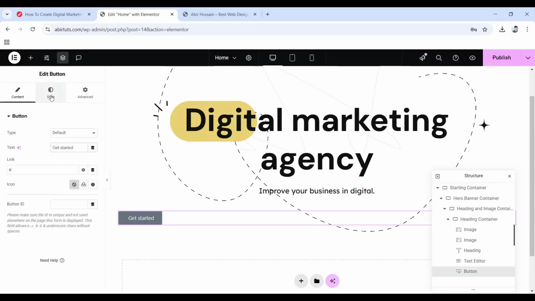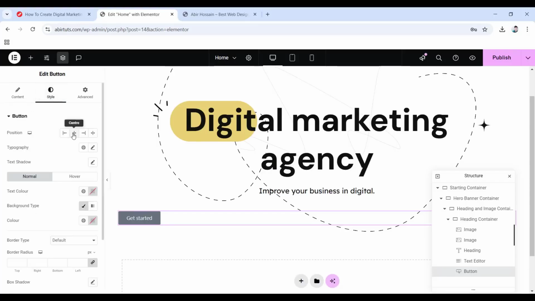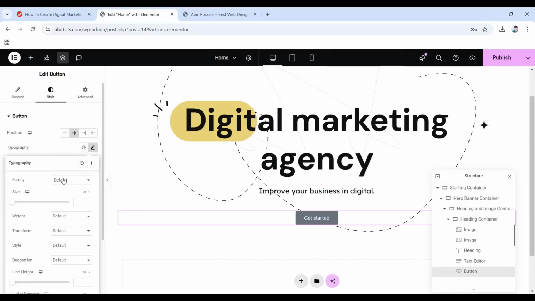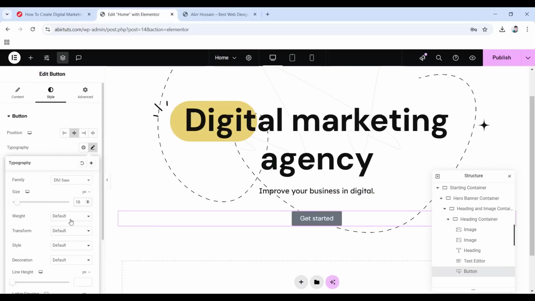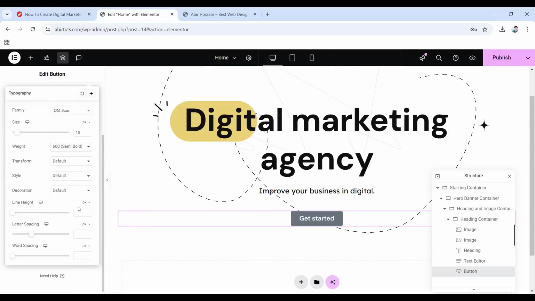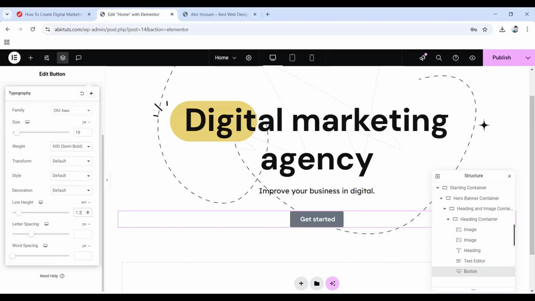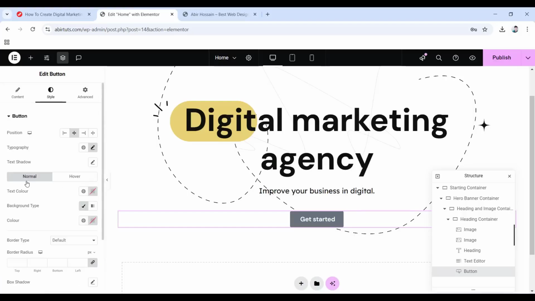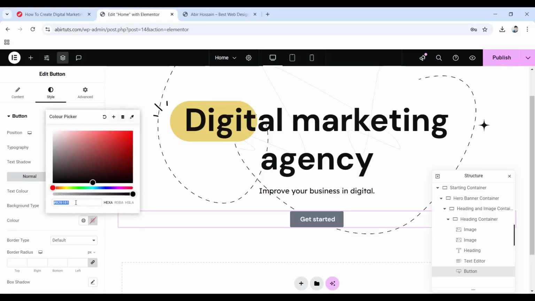Now go to the style tab. Here set its position to center, then go inside of its typography and again give it a font family. Let's write DM Sans and then choose this one. Give it a size of 18 pixels, weight of 600, and line height of 1.2 EM. There you go. Now go back, and here under normal tab we're going to give it a color, so click on this color picker, then in this field write